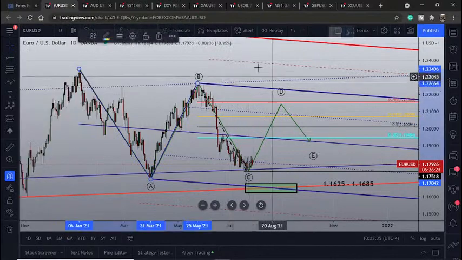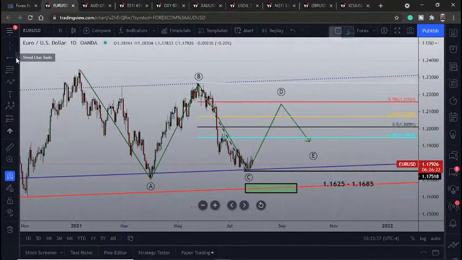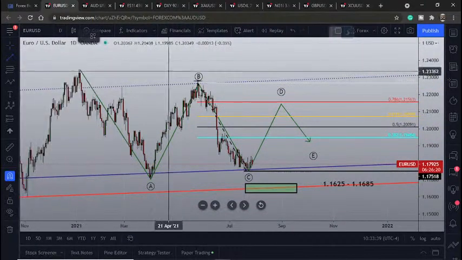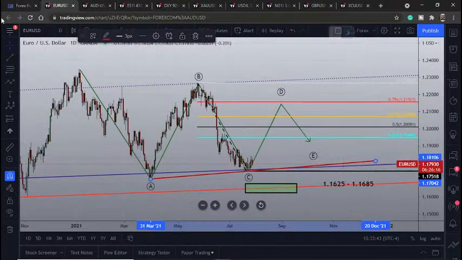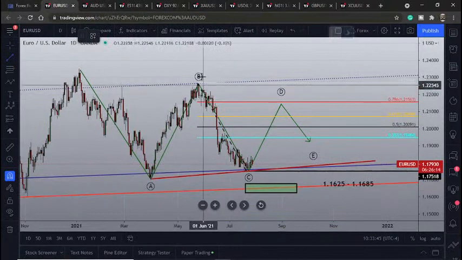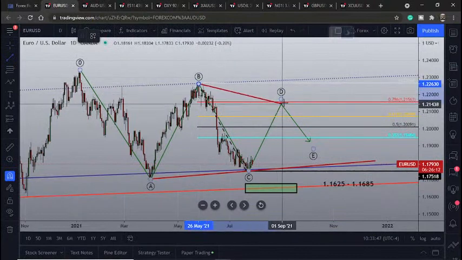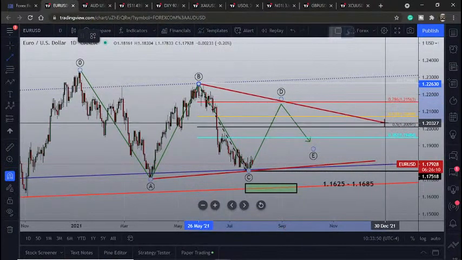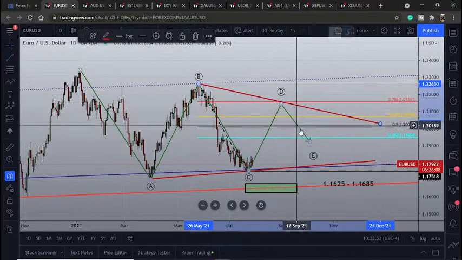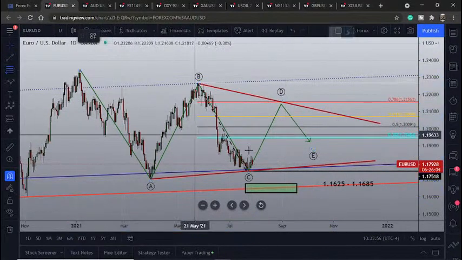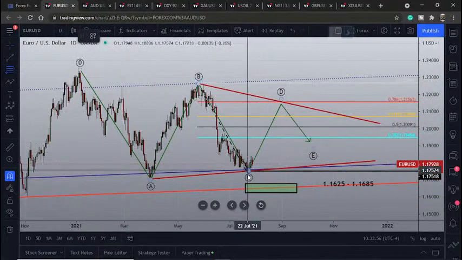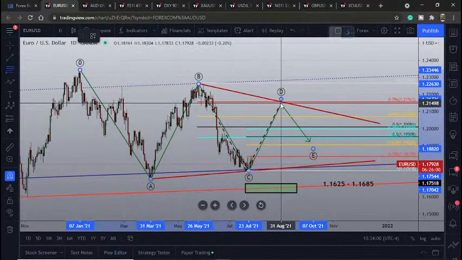And let me just get rid of that for the time being. And you would draw a trend line from your A wave to your C wave, and another from your B wave to where you believe your D wave ended. And at that time, when you get a strong decline, you've got a high probability that you're dealing with a triangle. And what you'll do then is run a fib retracement from your previous two swings